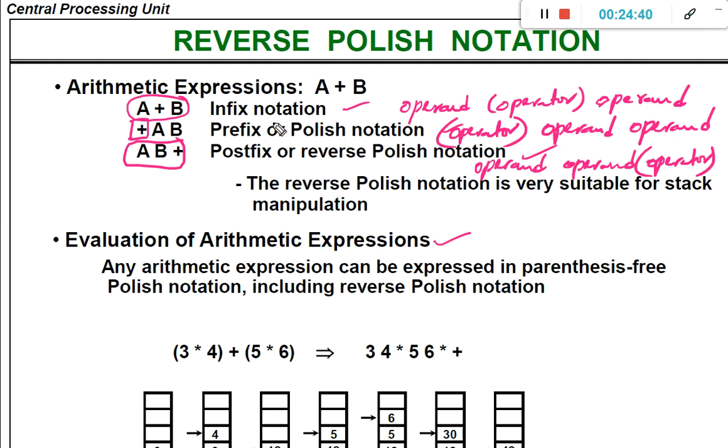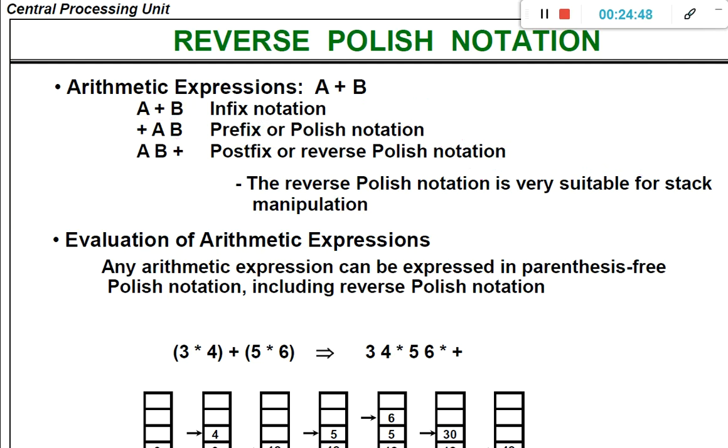Okay. So here if you observe, which representation is very easily understood by human beings? For us, the infix notation will be very easy, because in mathematics we use the infix notation. So we'll be using the infix notation such as a + b, c + d, something like that. However, the computer cannot understand the infix notation very easily.